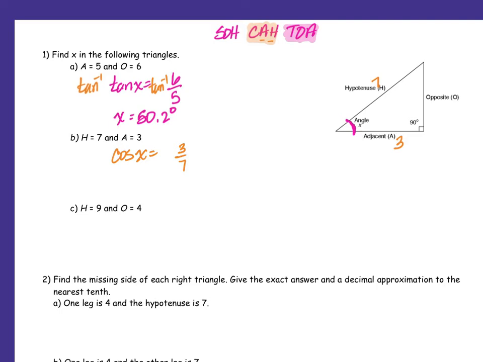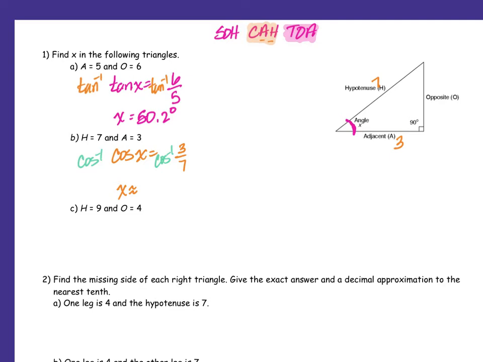I don't want cosine of x, I want x for angles. So how do I undo my x? Well, just like I did before, I do the inverse of cosine. So x is going to be, I should have put approximately equal to on that